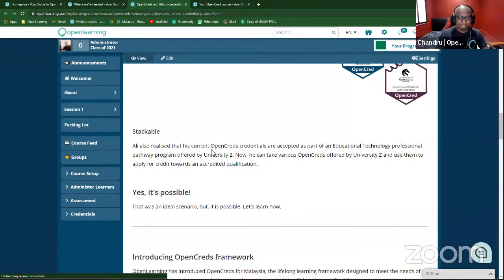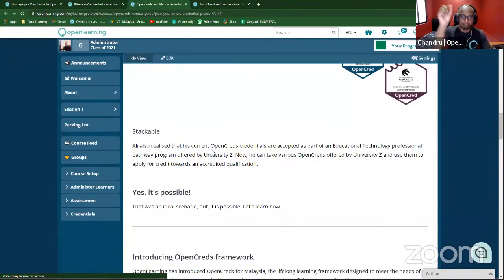All right, it's totally dependent. So if you look at this, it is actually a very good scenario, right? I think most of us can relate to this, especially me. Ali is a lifelong learner. We are all lifelong learners. Okay, and so this is the thing when you look at taking the micro-credential,